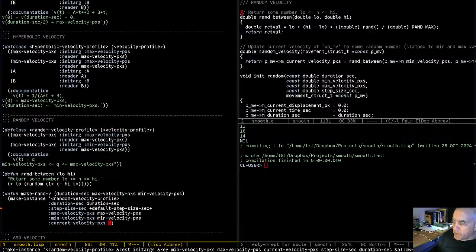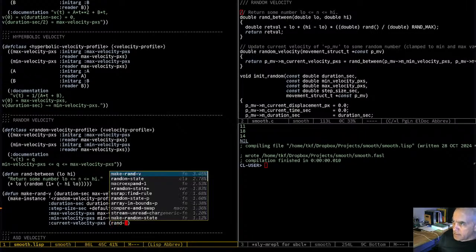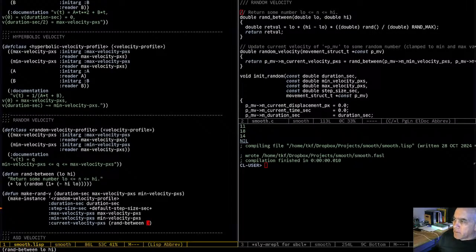And pixels per second is rand between... Random between